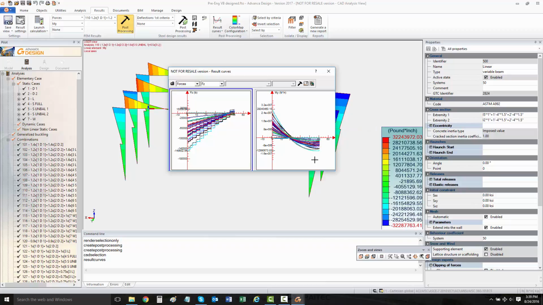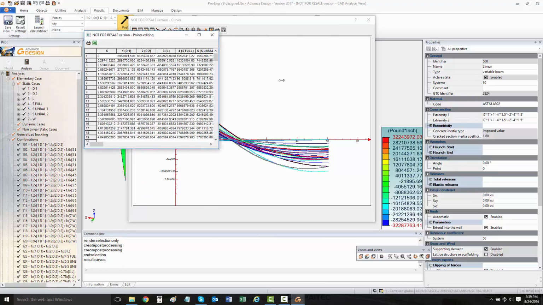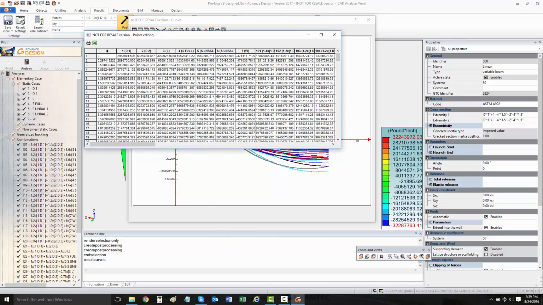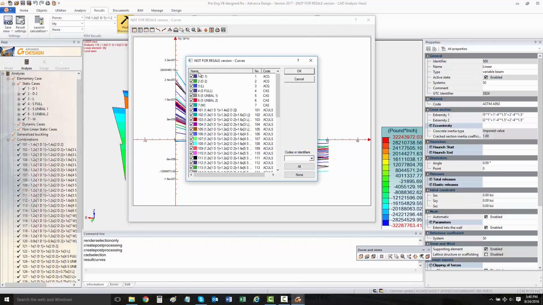And it's easy to see that we have a lot of curves which display every combination and every load possible. So we can easily double click, zoom in a little, and we have some other things that we can do. We could visualize just the graphical and export this to Excel. So we have every combination, but we could obviously send these to Excel and decide what we want to do with them later. If we don't want some of these results in there, we could select which curves we want to see. So if we didn't want any of these here, well, we could uncheck all or check all of them really quickly, and then we could go into the ones that are just for deflection criterias, for instance, and